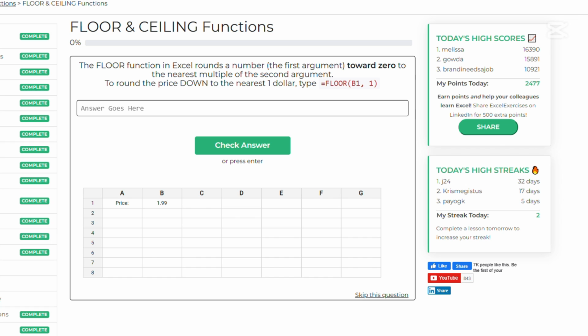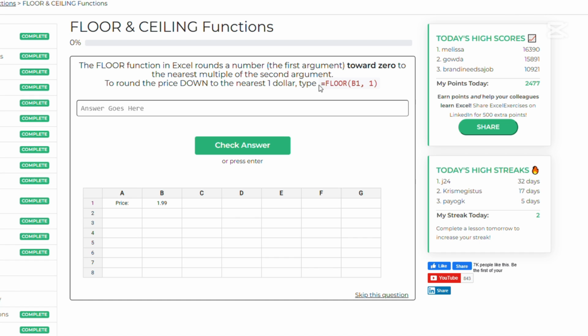Okay, let's see. The floor function in Excel rounds a number, the first argument, toward 0 to the nearest multiple of the second argument. Okay, that's a bit confusing, but let's use some examples so that we can understand more clearly, right? So to round the price down to the nearest dollar, type in floor,